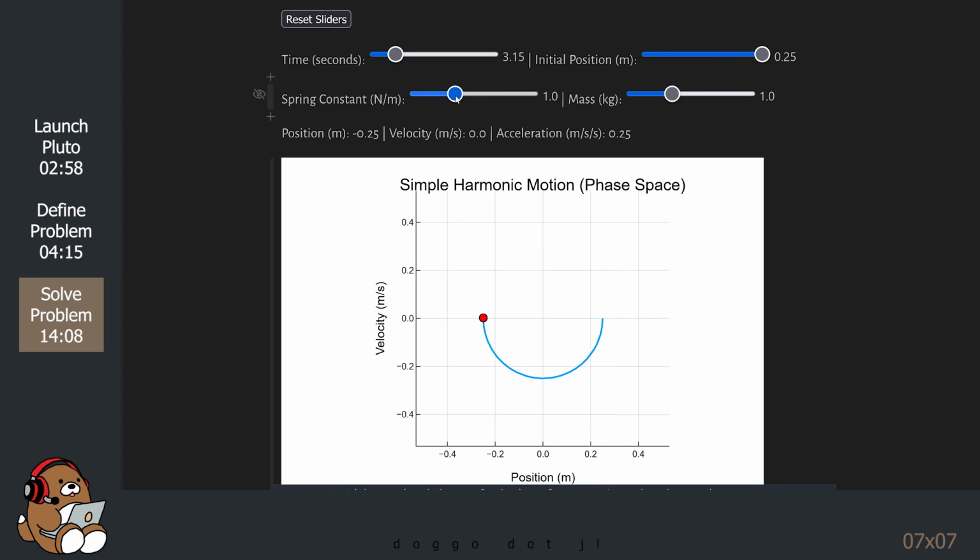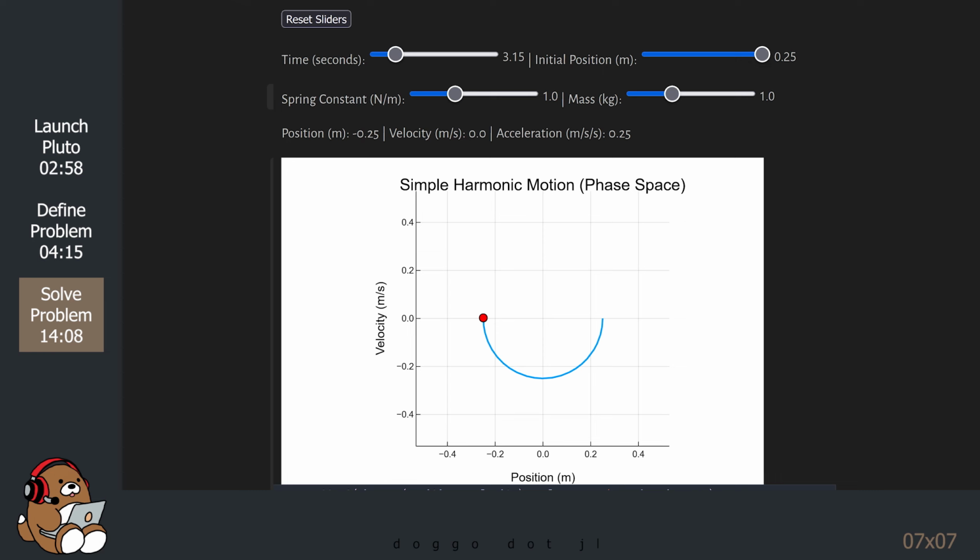When you change the spring constant, there's a big impact on the period. The weaker the spring, the longer the period. The stronger the spring, the shorter the period. When you change the weight of the mass, there's also a big impact on the period. But the impact is the opposite of the impact of the spring constant. The lower the weight, the shorter the period. The higher the weight, the longer the period.